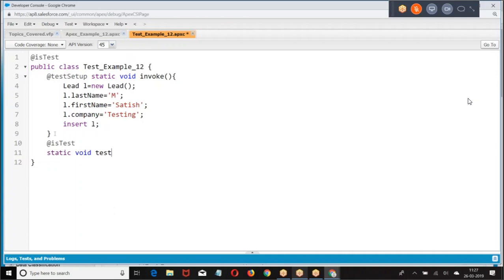static void test. Now in this case, we are supposed to run the operation. Batch example. If the batch fix is running properly, lead source will be web.